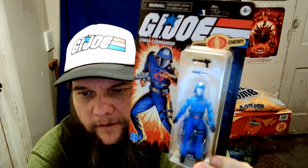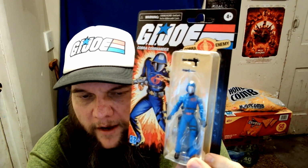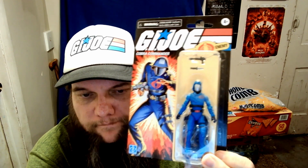Now they did bring Cobra Commander out in the recent retro line, and it was pretty good. I mean, not all of the retro line figures, the exclusive ones were great. The Duke figure definitely had some issues, but Scarlet was great, and Cobra Commander was pretty good. So that takes us up to the classified figure, and